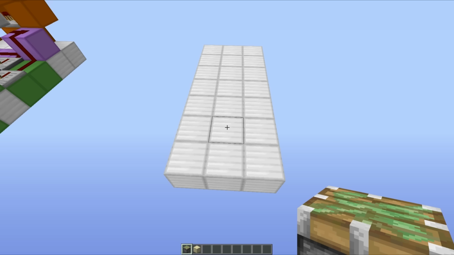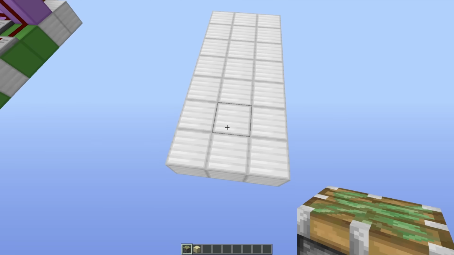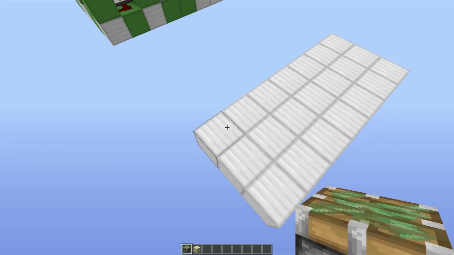In this one, I am going to be covering how to build one side of the build because, like I said earlier, it is a mirrored design and it is very easy to just do it on the flip side and get it all complete. So what you need to do is start off with a 3x7 area, and the first thing that we're going